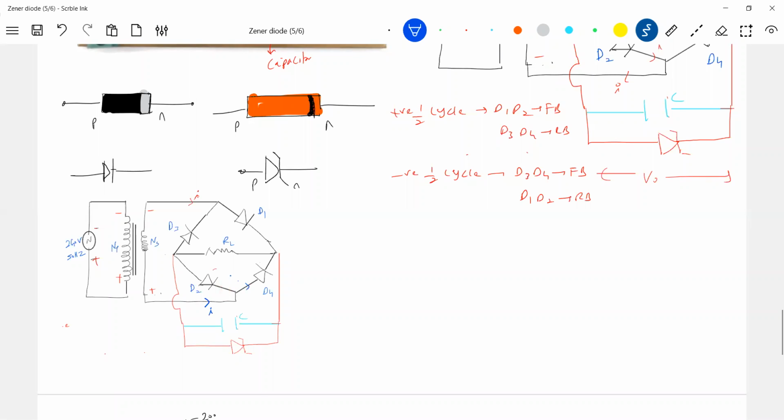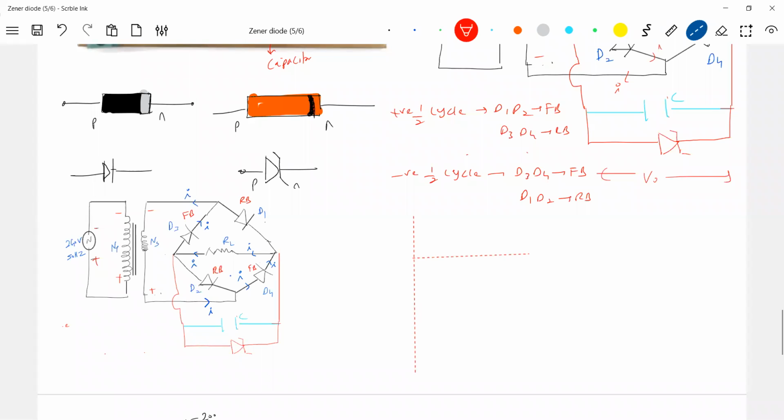Reverse bias, here it will be forward biased. Whichever diodes are reverse biased, put them as open circuit and draw the circuit, then you'll get exact clarity. Reverse biased, this is forward biased. Look, during both the positive and negative half cycles, you are making the current flow in one specific direction only. Then if you check the output,